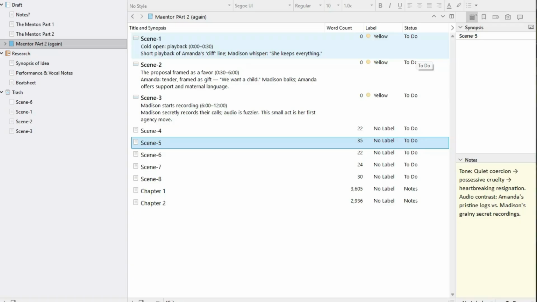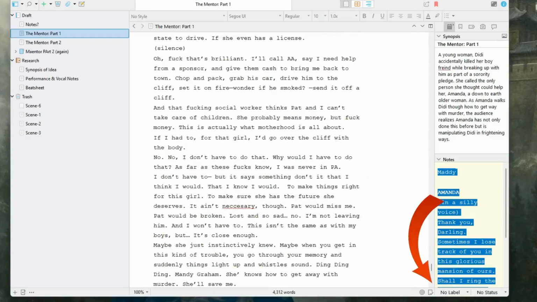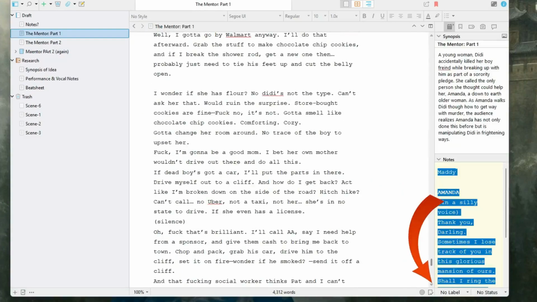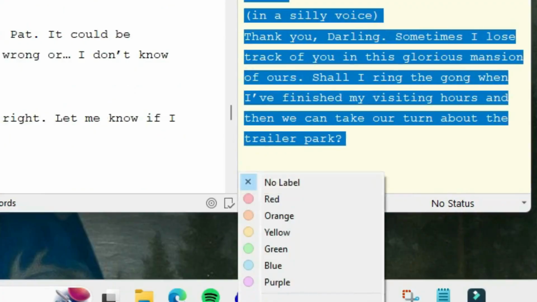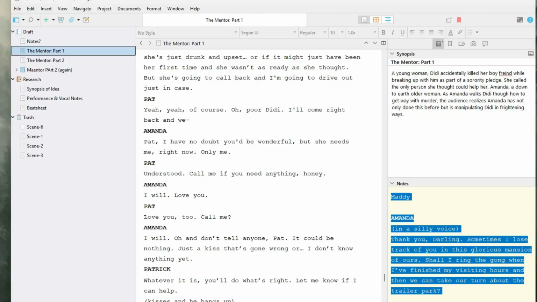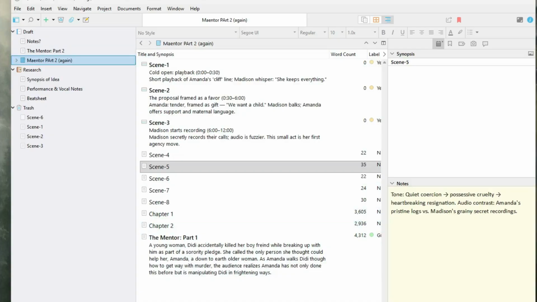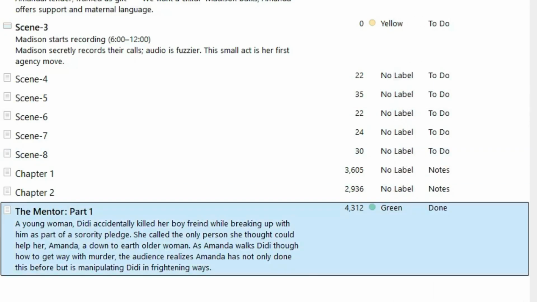Let's go back again to one of these documents. Let's go back to part 1 over here, back here, and look at another section in here. You can see labels. This one is done. In fact, it has been performed, so it is green. And it is the final draft. It is done. So if I have mentor part 1 and add it into this, and this becomes the whole project draft now, you can now see mentor part 1,